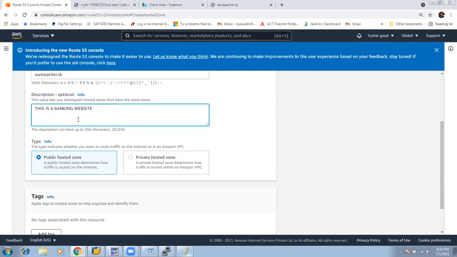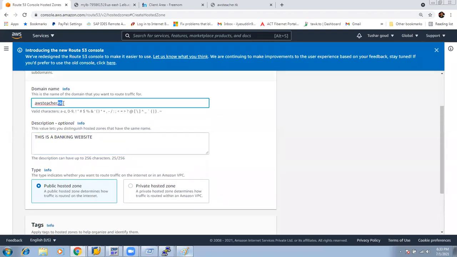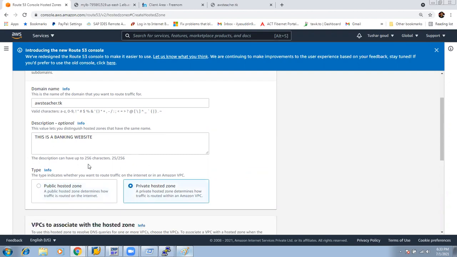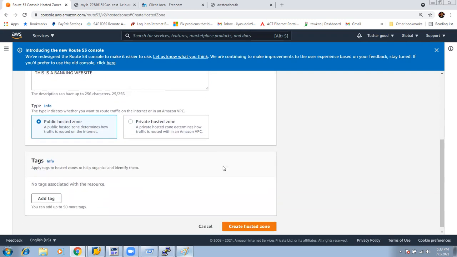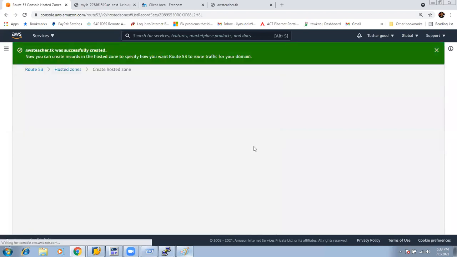I want this hosted zone to be public hosted, because if anybody gives this website name, they should get the message. They may be accessing it from US, UK, Australia, or any part of the globe. Because they should get the message, I am making it public hosted. If I go for private hosted, then this website will only work under my office premises, under my office VPC only. But I am making it public hosted because I want to host it for people around the globe. Now if I click on create hosted zone,